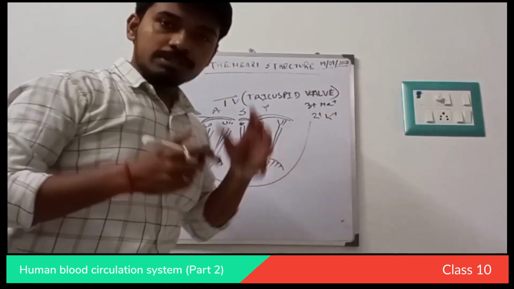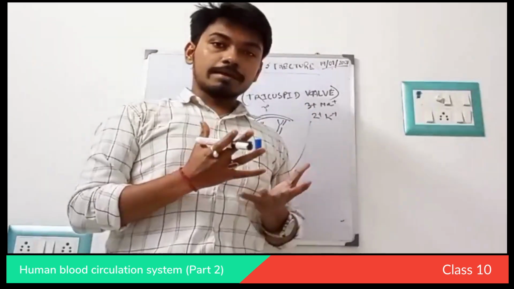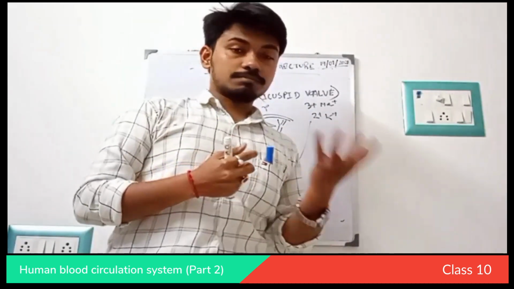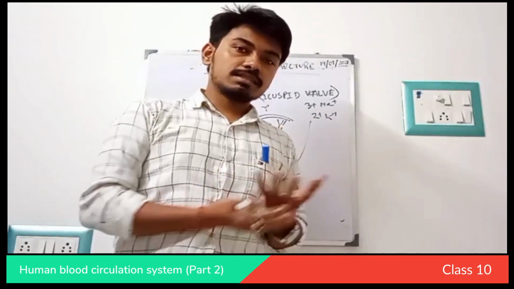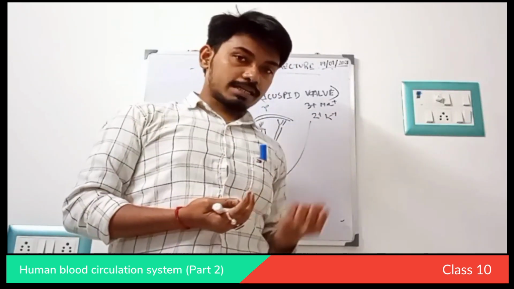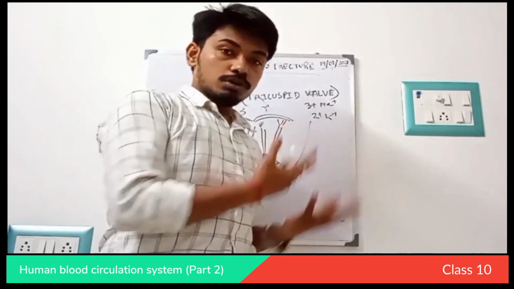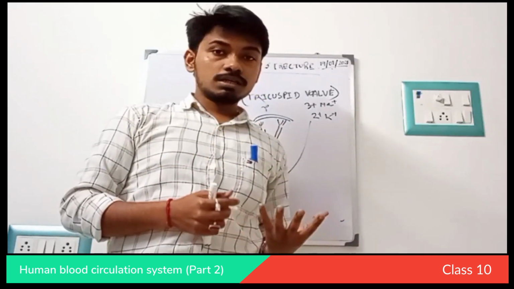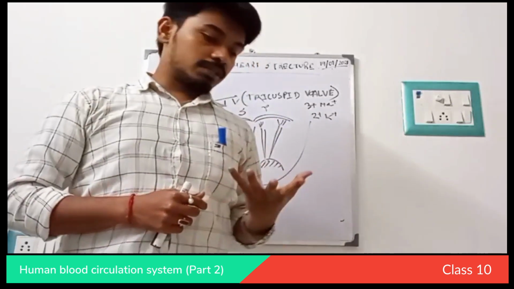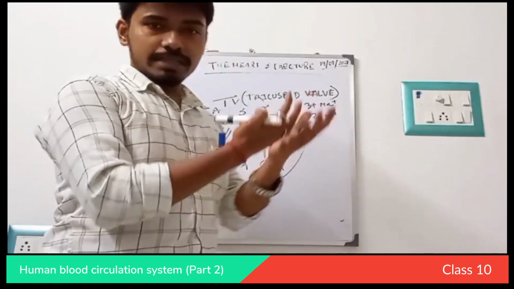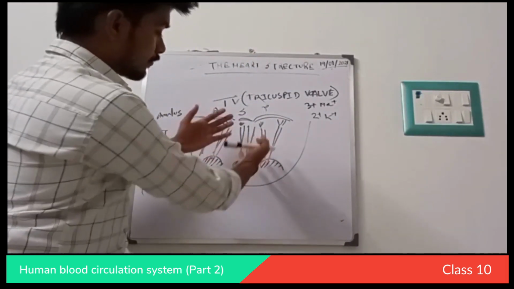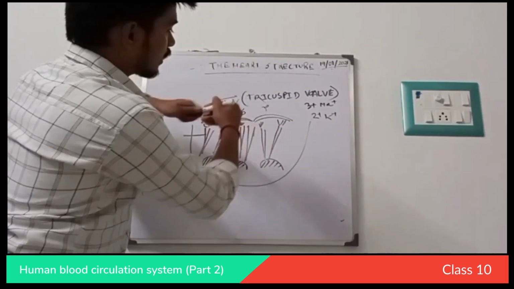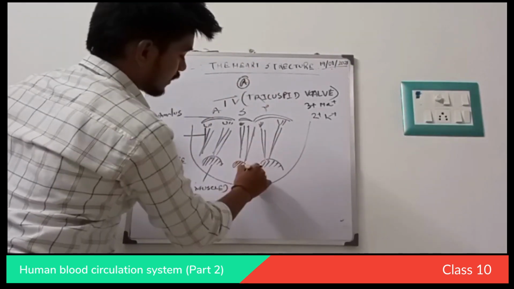So when it tends to contract, what will happen? If you give me an example, suppose my hand is like a ventricle, and it tends to contract. It will pull, and there is a downward pulling of the chamber, a downward pulling of the cavity. So the papillary muscle tends to pull, and it will extend it. The atrium is over there and the ventricle is here.